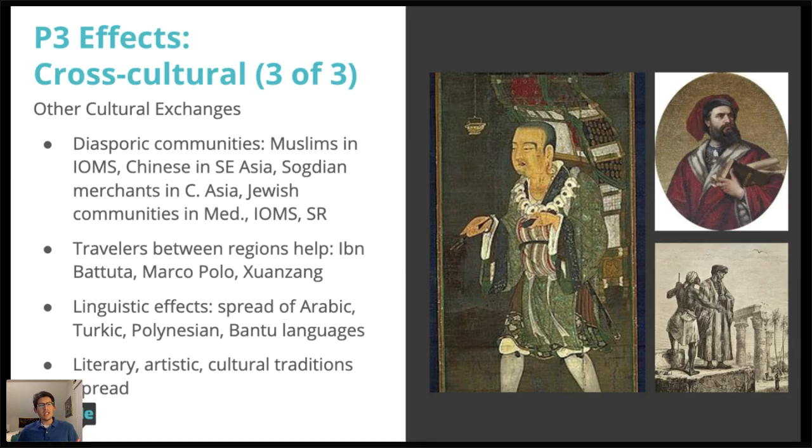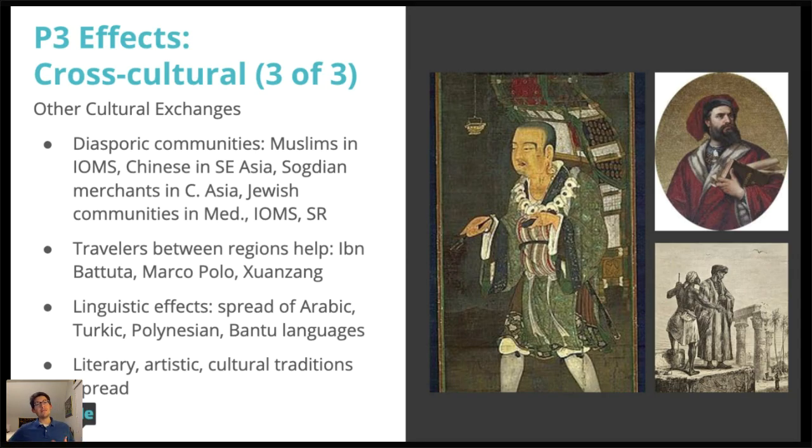In Central Asia, there are these groups called the Sogdians, who are traders, and they kind of spread out in different areas along the Silk Roads. If you ask me any other questions about them, that's about the extent of my knowledge on Sogdian merchants. Maybe I need to do a little bit more research.